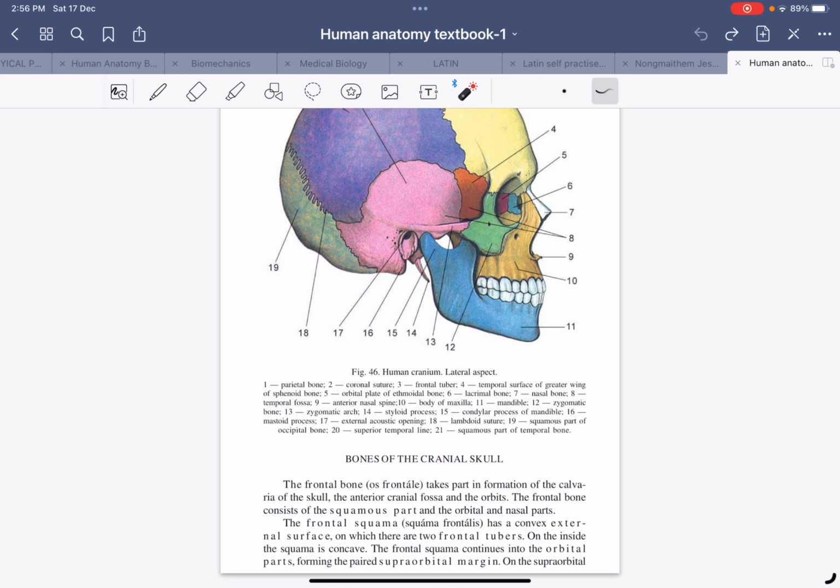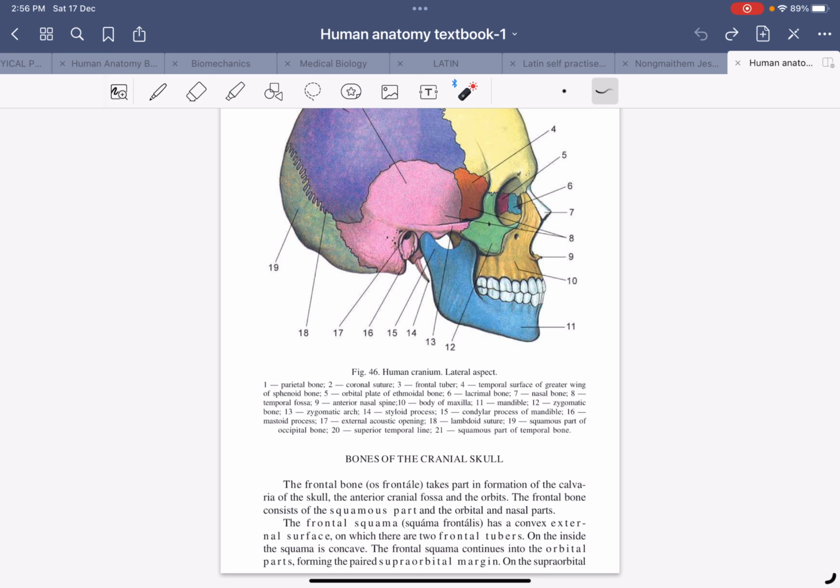The frontal squama, squama frontalis, has a convex external surface on which there are two frontal tubers. On this side, the squama is convex. The frontal squama continues into the orbital part, forming the paired